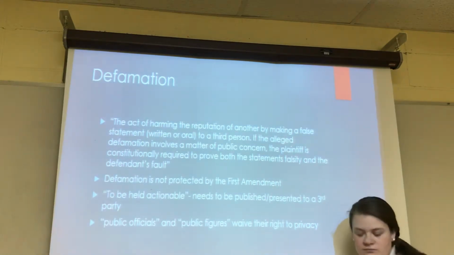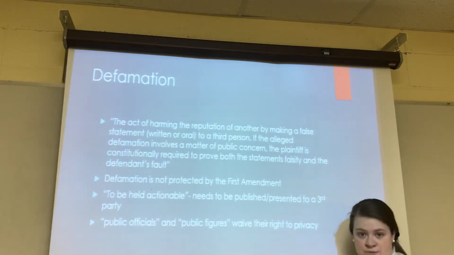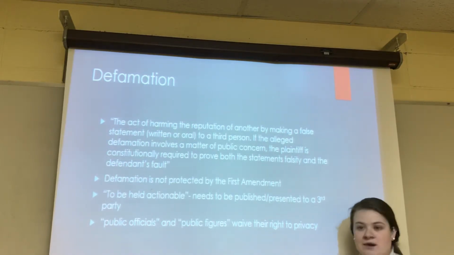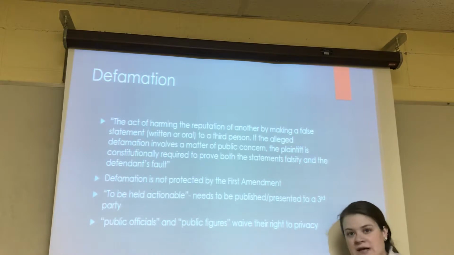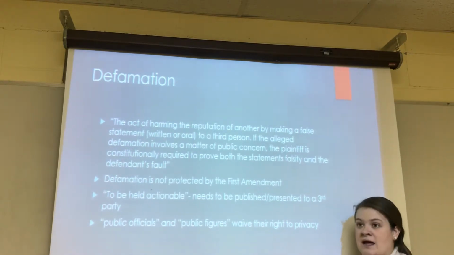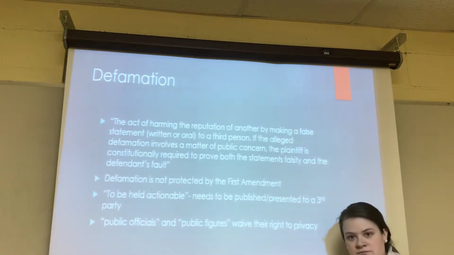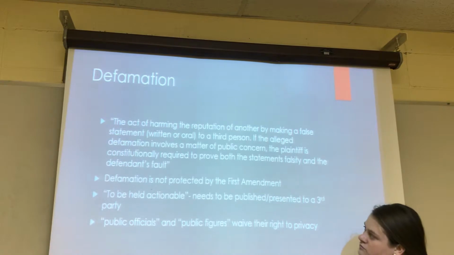Okay, so that last line is referencing, if somebody says something bad about a person and it's true, that's not defamation. It may not be nice to repeat, but that's not defamation if it actually occurred. So if there's public information getting out, but it actually happened, then you can't be in trouble for that. But putting out false information to the public, definitely defamation. And there also has to be an exchange with a third party. So it has to be basically said about someone.